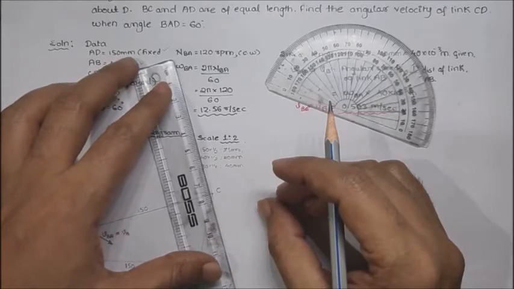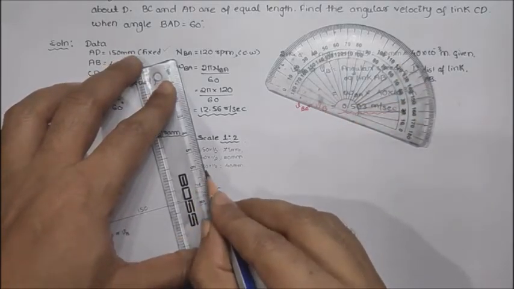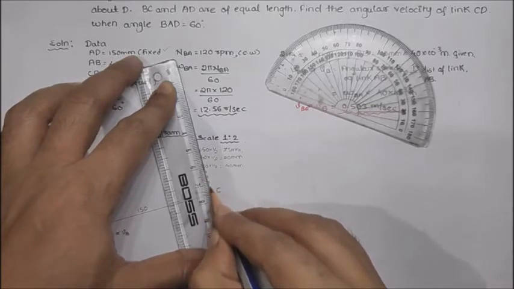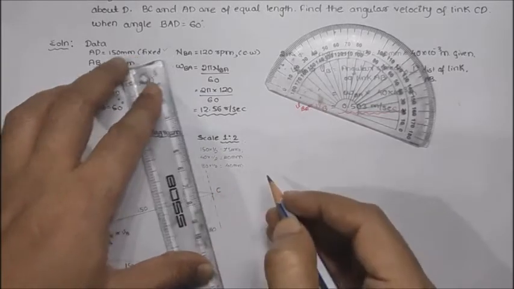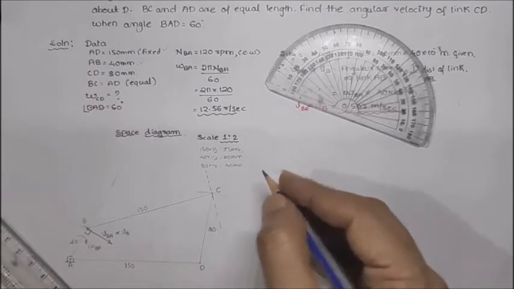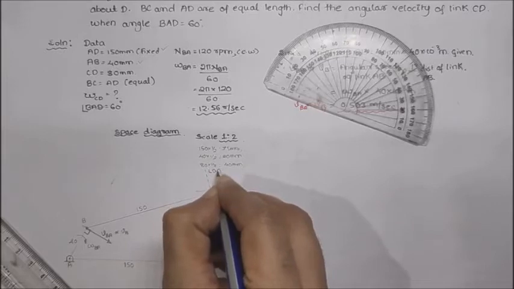It is going to pass through point C, but this will be a dotted line. This will be the line of action